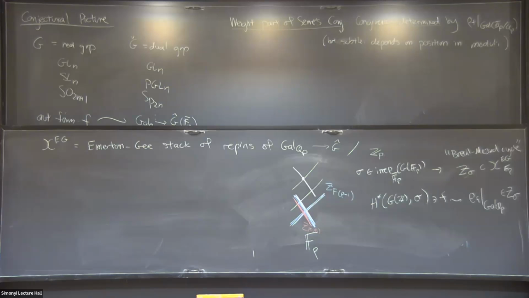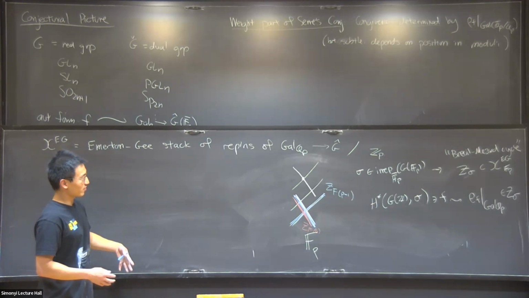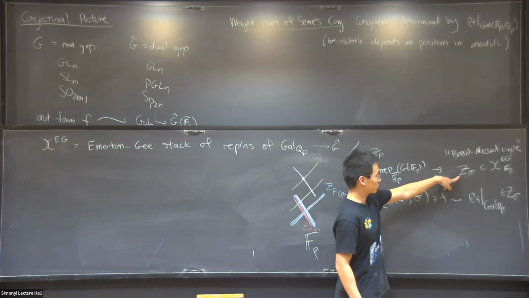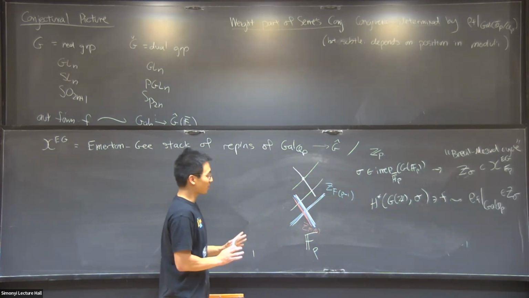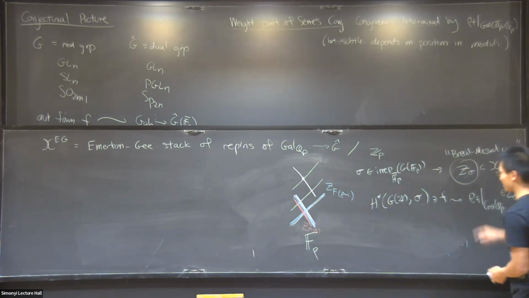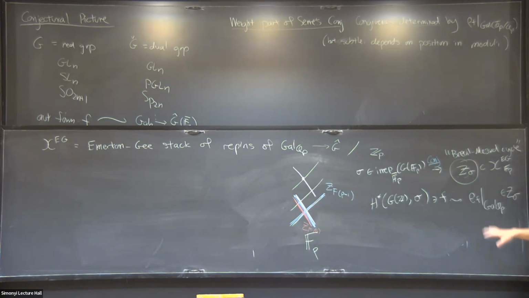Right. So what I'm trying to say so far is that there's some global motivation to understand what these Breuil-Mezard cycles look like. But once we are interested in this problem, I said this was a conjectural picture, and part of the conjecture is the existence of this thing at all. So, conjecture: the existence of such a cycle.